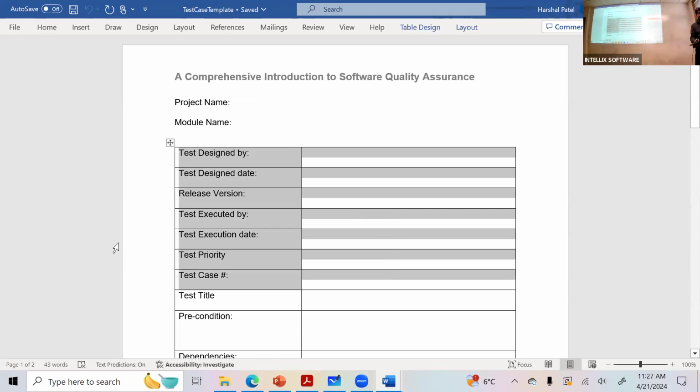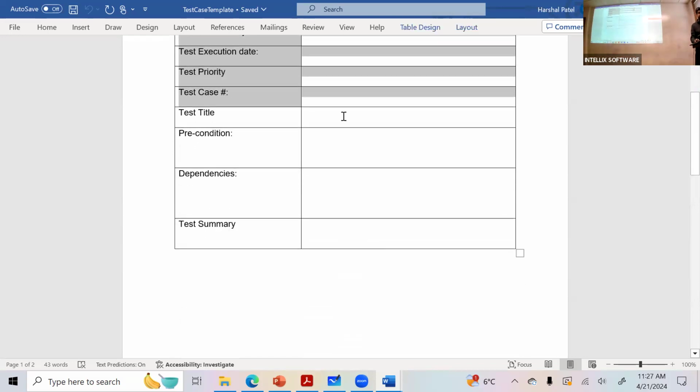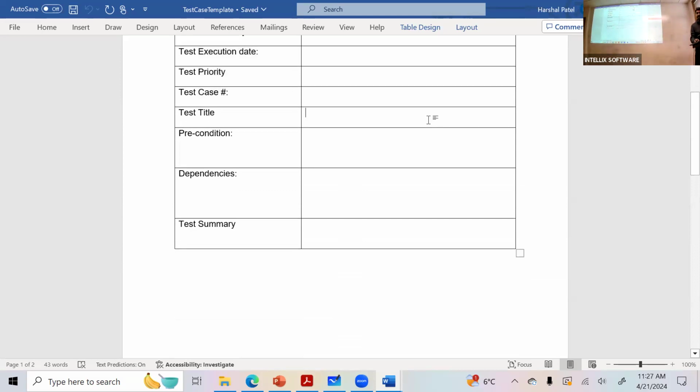Then it will have what exactly you're trying to test. That is the test title. Then you will have a precondition. What precondition means is what should be true in the system before you run this test case. Let's say I'm testing a calculator, and I'm trying to test 2 plus 2.